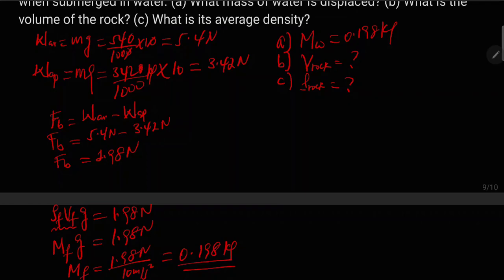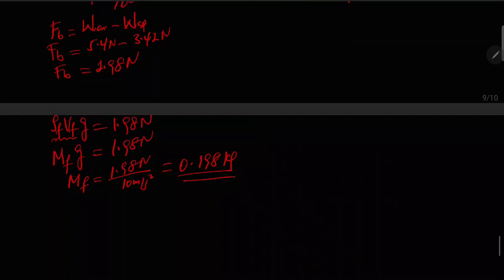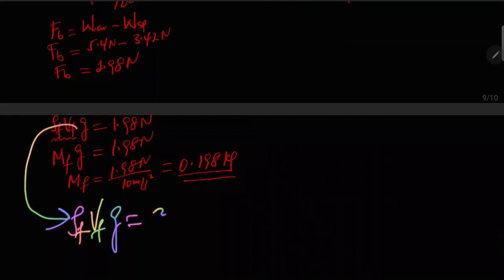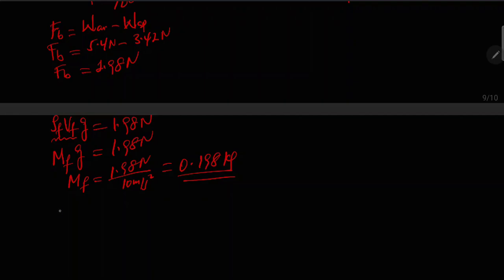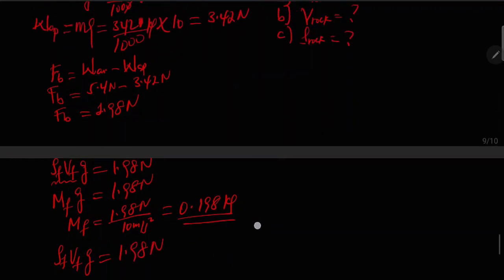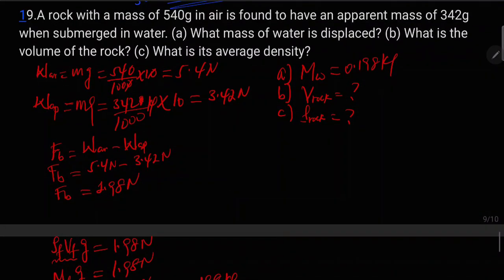ኦኬ what about volume of the rock? እሱም ወደ ፎርሙላችን እንመለስ። density of the fluid, volume of displaced fluid times g is equals to 1.98 Newton. ዋይ እዚህ ጋር እንደምታዩት submerged in water ስለሆነ volume of the rock is equals to volume of displaced fluid ነው። Volume of displaced fluid is equals to volume of the rock ነው።